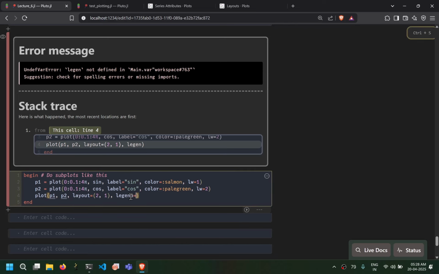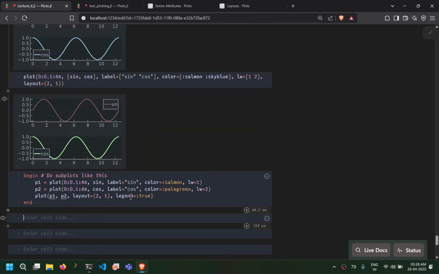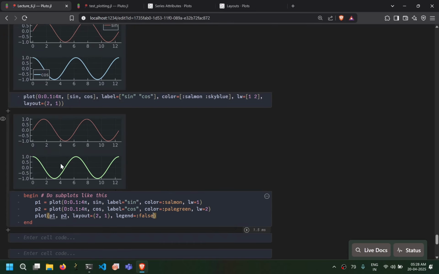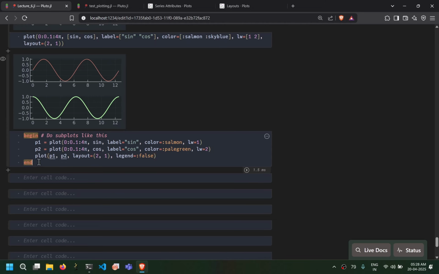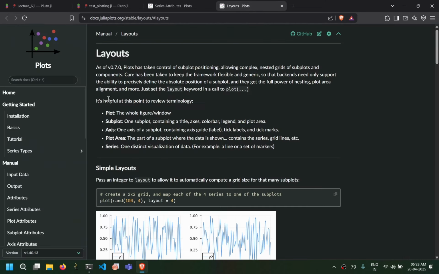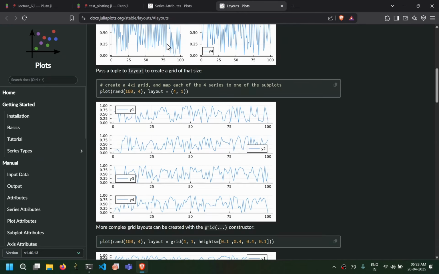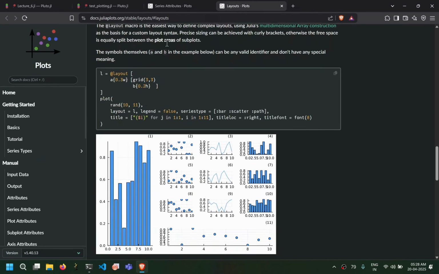And I wanted to hide the legend. You actually have to write false if you want to hide it. Okay, so that's how we can do subplots. If you want to learn more about this, you can go to the layouts page in the docs of Julia Plots, and you will have several examples. Okay,